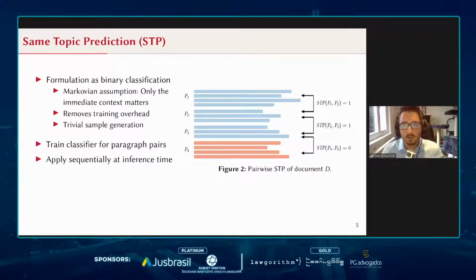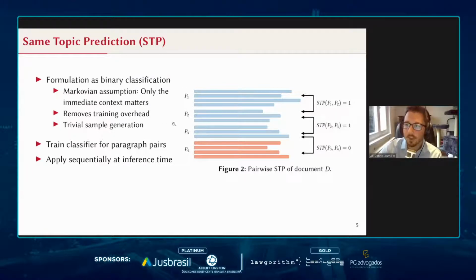And essentially, we make some form of Markovian assumption. So instead of relying on the entire context of the document, we just say, okay, we are training a classifier to predict whether 2 adjacent paragraphs belong to the same topic. Given our same sample document shown on the previous slide, what now happens is instead of a single forward pass, we're going to do at inference time 3 different predictions where we ask whether the first 2 paragraphs are of the same topic, whether the 2nd and 3rd paragraph are the same, and consequently the 3rd and 4th paragraph are of different topics. So this immediately removes the overhead of the sequential nature that I've previously mentioned.